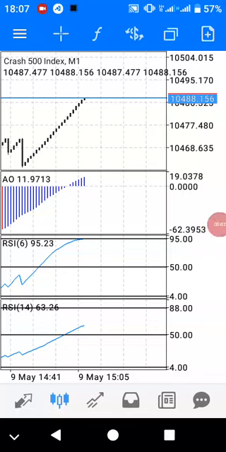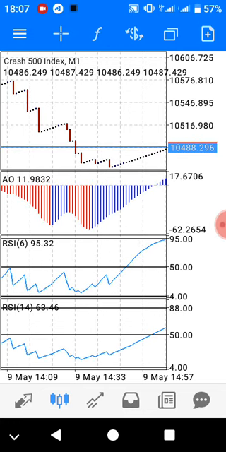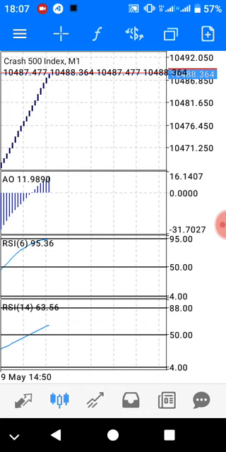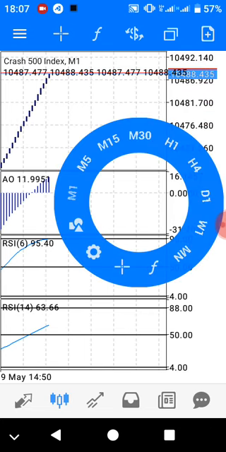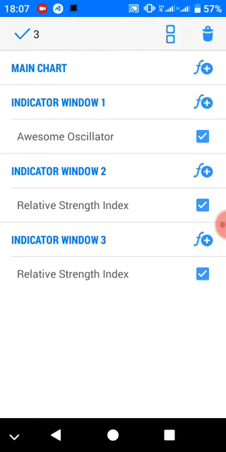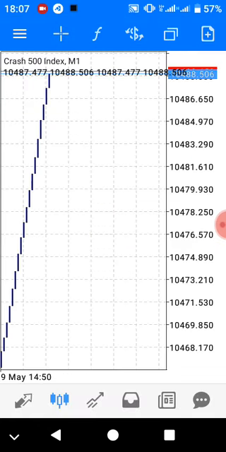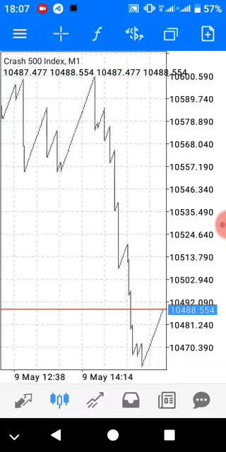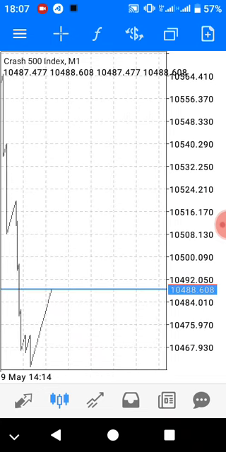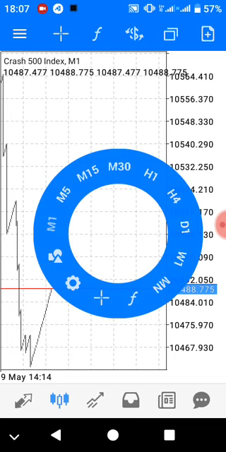Hello guys, I want to share a strategy about catching spikes on Boom and Crash with only the RSI. Let me remove all indicators. Okay, this is Crash 500. If you want to catch spikes, the first thing you should do is look at higher time frames,